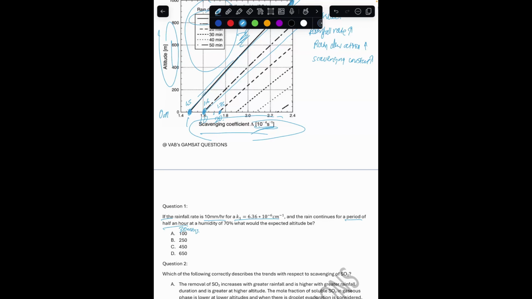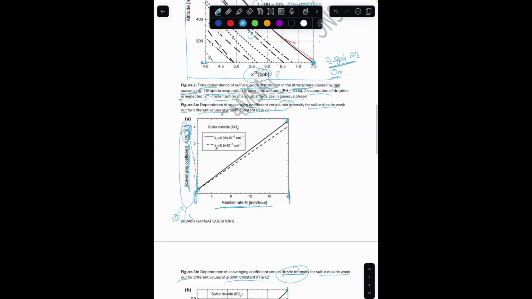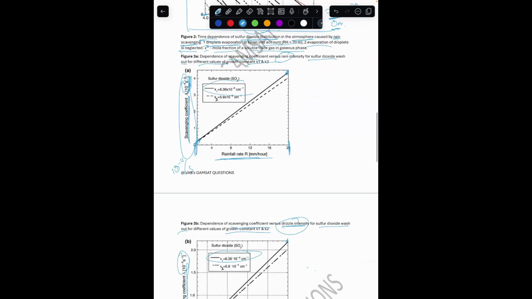So, the rain continues for a period of half an hour, so that's 30 minutes, like I said. At a humidity of 70%, what would the expected altitude be? A lot of information, but I've underlined the key numbers that I want to work with. So I think about K1. Where have I seen that before? There's actually two spots I see it. One's here and one's here. 6.36 times 10 to the negative 6 centimeters